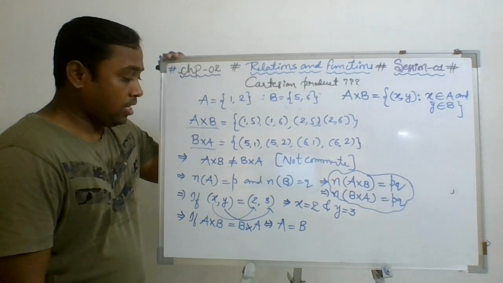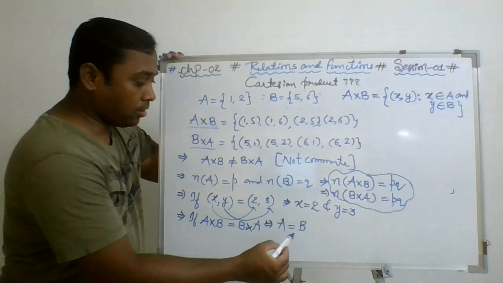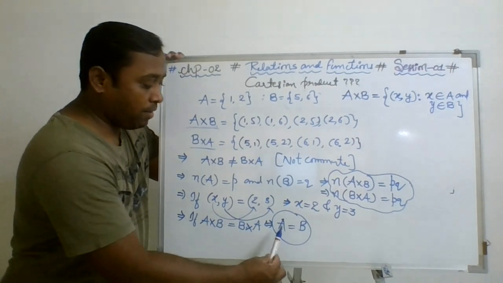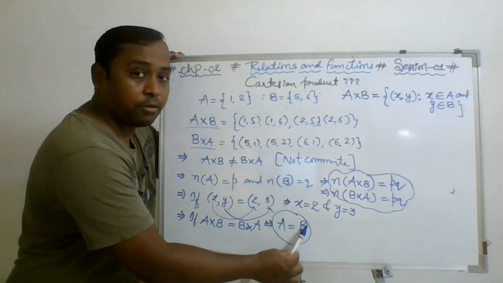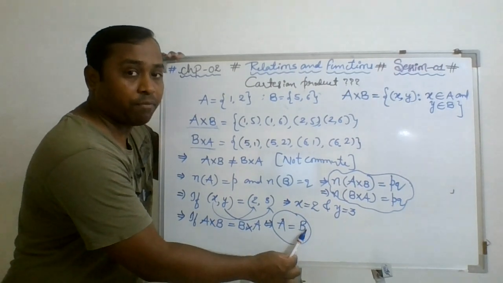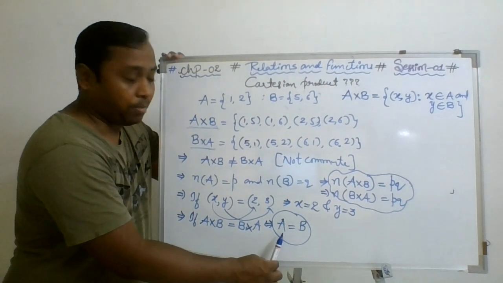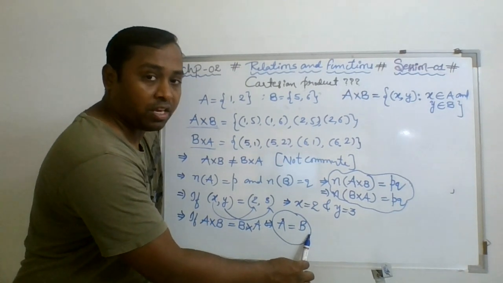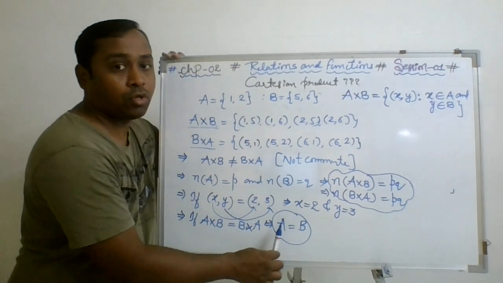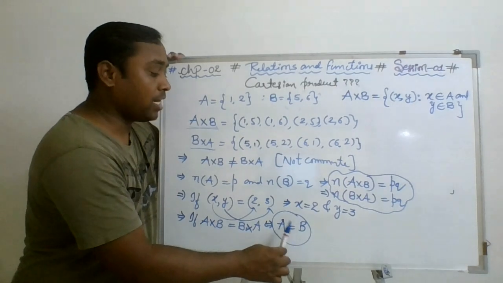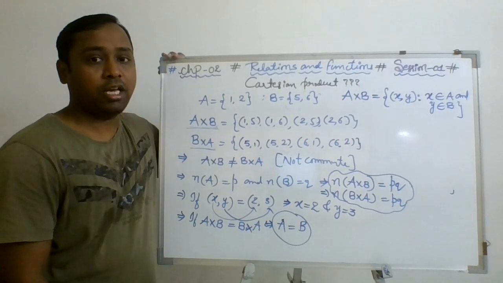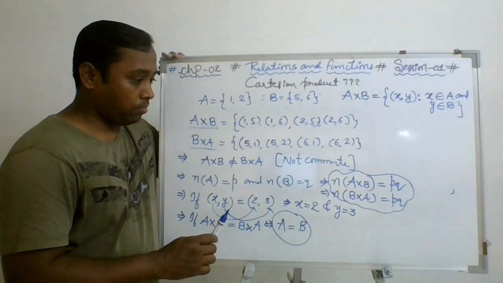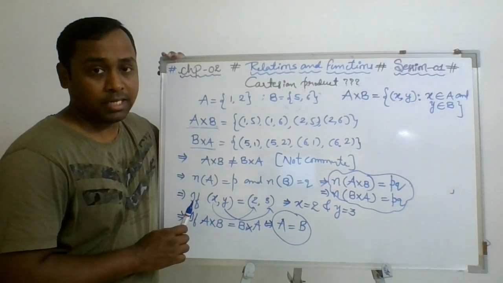Are you getting me? So we have already discussed the sets are said to be equal if every element of A is in B and every element of B is in A. It means if x belongs to A it also belongs to B. If y belongs to B it also belongs to A. Then the sets are said to be equal. This definition we were discussing in the concept of subset.